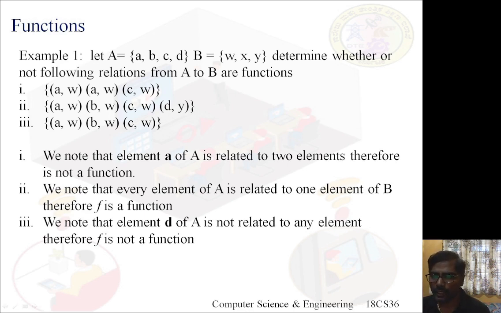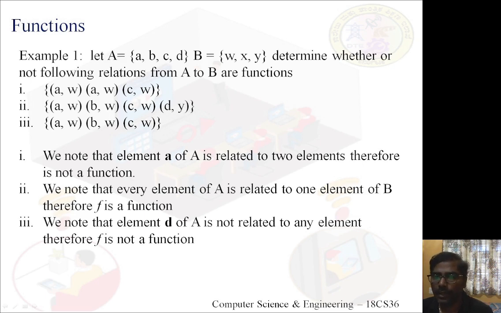And this condition is satisfied by the second relation from A to B. I mean, all elements of domain A, B, C, D are mapped to exactly one element of codomain B. So it's a function. Now let me have a look at